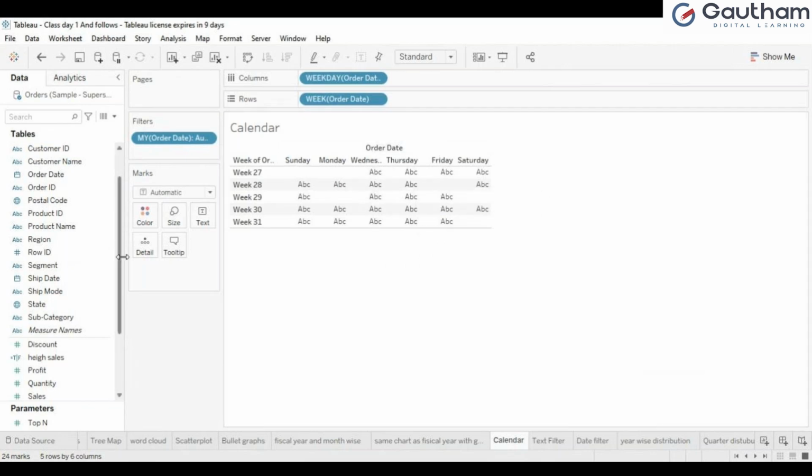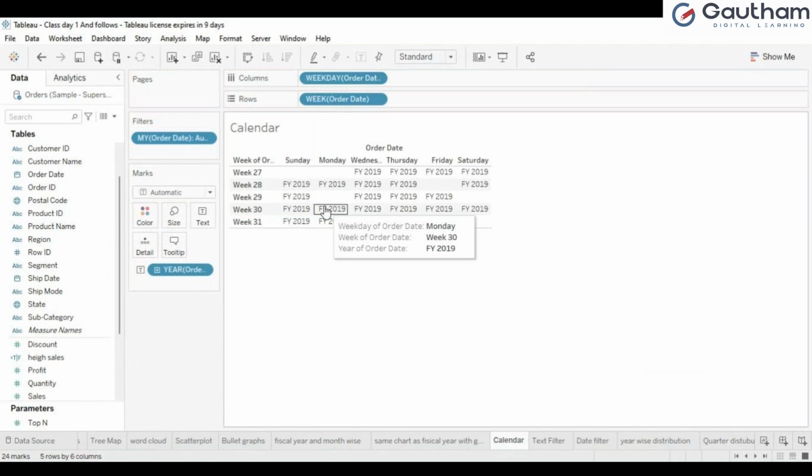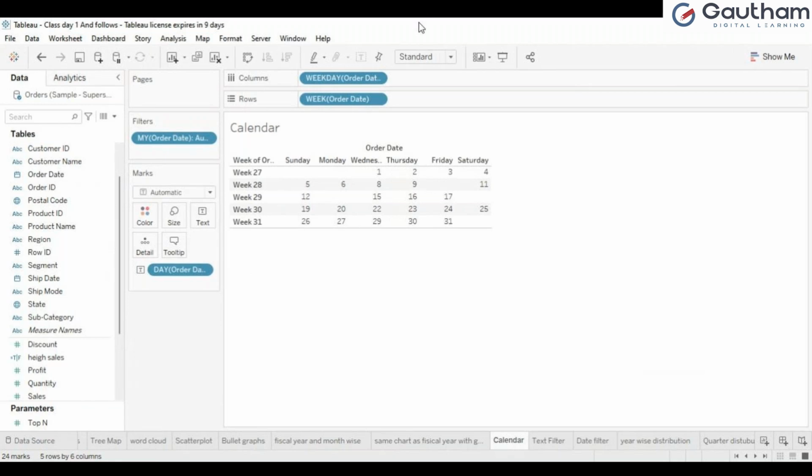I want the numbers here, right? So get this order date to the text part and see here, it is showing financial year of 2019. Why? Because I have taken August 2019 or 20, so that's why by default it is showing. But I wanted to see dates 1, 2, 3, 4, right? So here I'll keep date. See now, four times I took order date, wherever I took it, I have changed it to some other data type. Order date into filters, order date into columns, order date into rows, order date into the text. Here I have changed it into